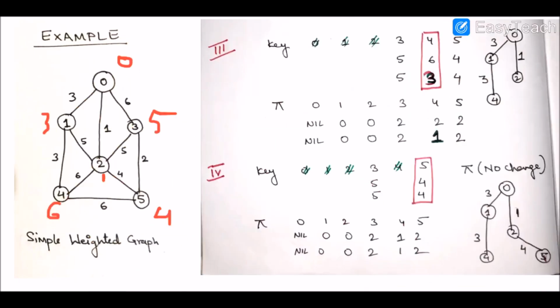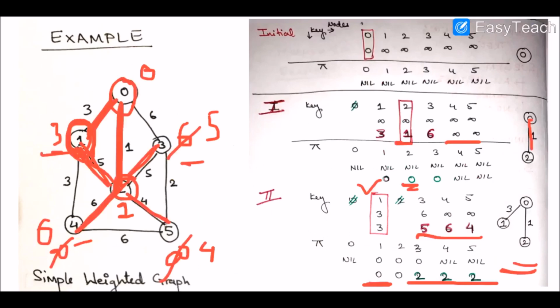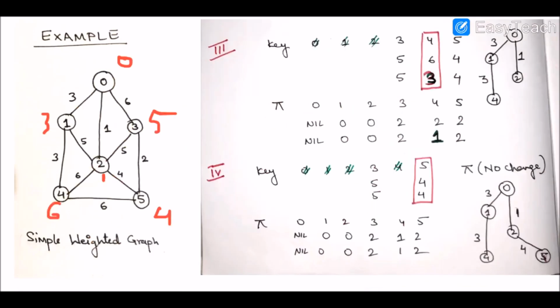Now moving further, when we extracted 1, what will be the next step? We have to find the adjacent nodes of 1. Now what are the adjacent nodes of 1 which are present in the queue, right? 2 is not present in the queue, 1 is not present in the queue, 0 is not present in the queue. So we are not going to consider 2 and 0 as the adjacent nodes of 1. So what is the adjacent node of 1? Right now it is 4, right?